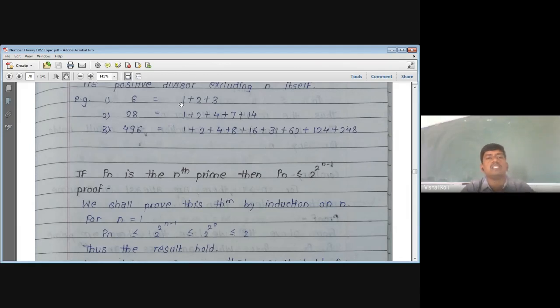Therefore 6 is nothing but 1 plus 2 plus 3: 3 plus 2 is 5, 5 plus 1 is 6, as 6 is equal to 6. Therefore 6 is a perfect number. If we take 4, it can be written as 3 plus 1 or 2 plus 2, but